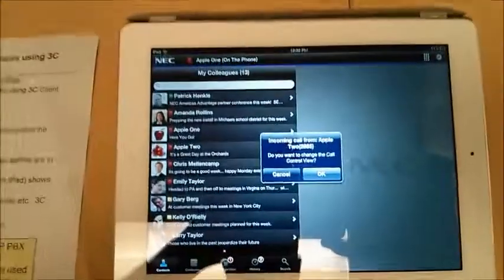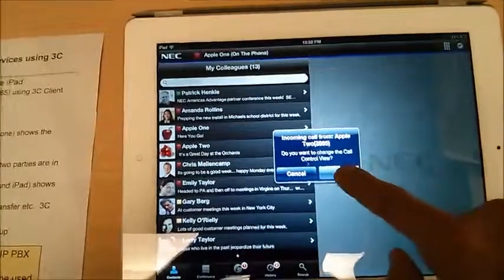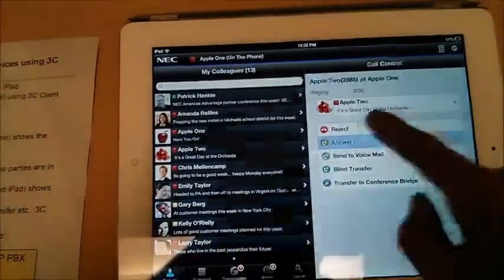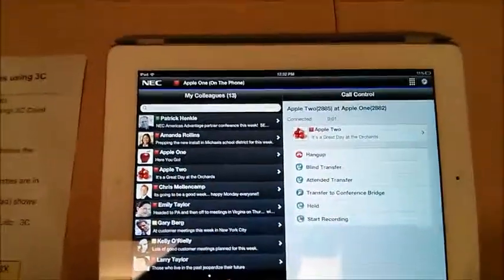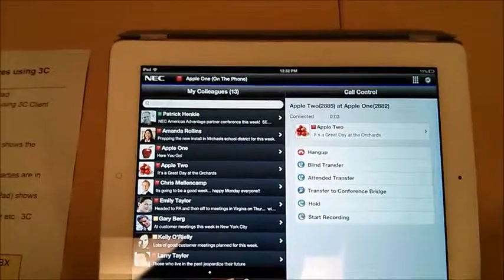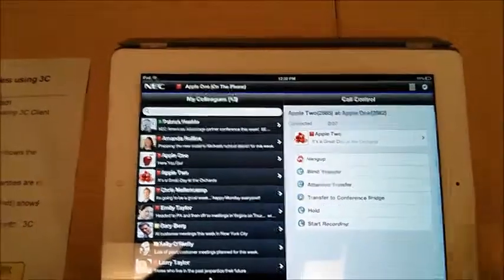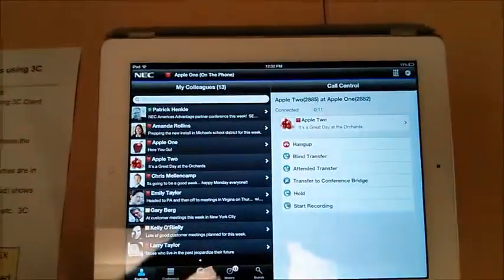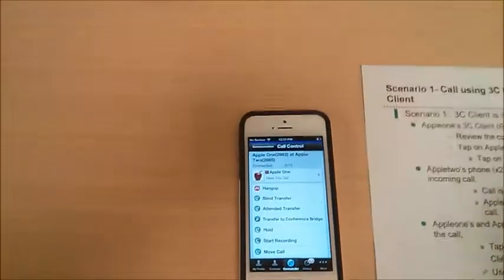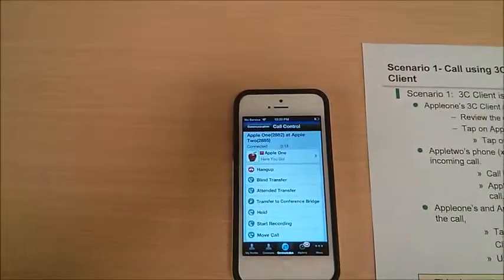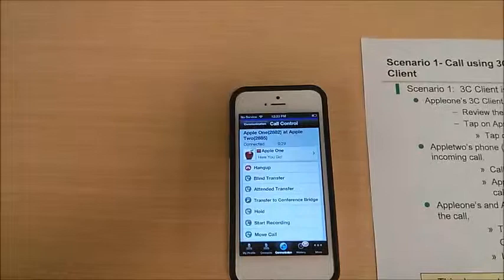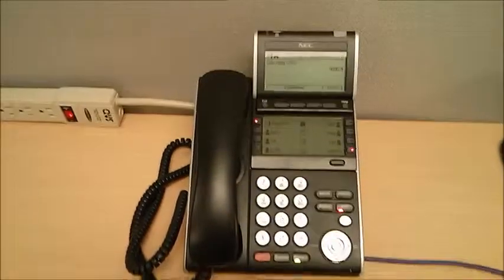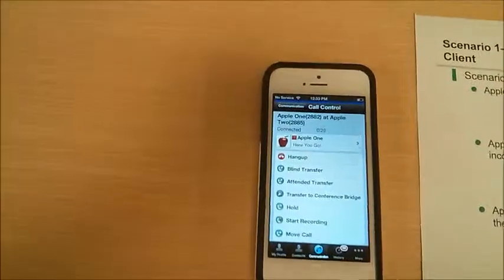Apple 1 answers the call from 3C client, and you see the call control in Apple 1's 3C client. Similarly, call control of Apple 2 shows the various activities which you can perform. And we will hang up from Apple